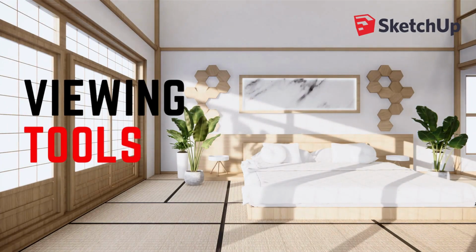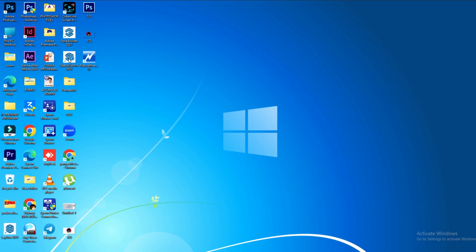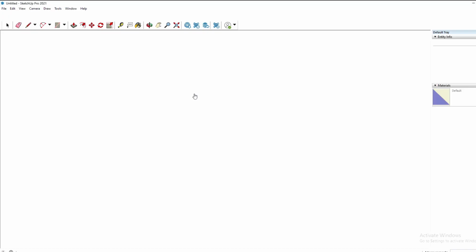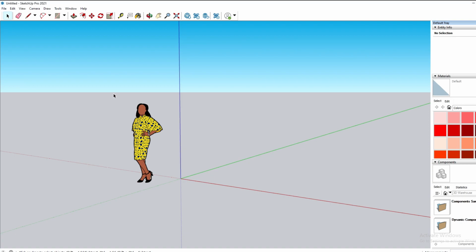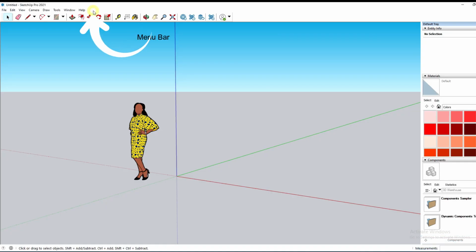Exploring the SketchUp interface. When SketchUp opens, ready for you to start creating 3D models, you can see a screen that includes the following: the title bar, menu bar, getting started toolbar, drawing area, status bar,